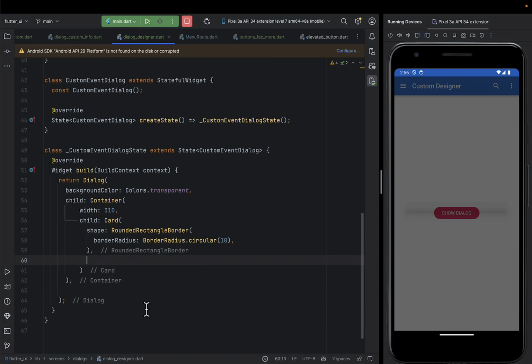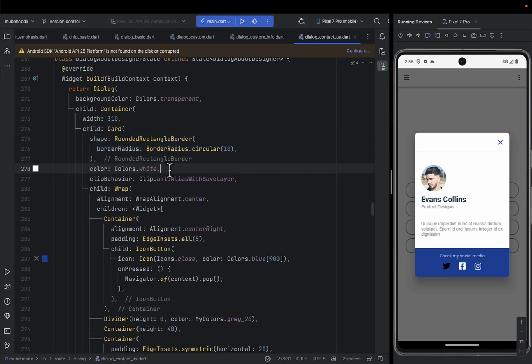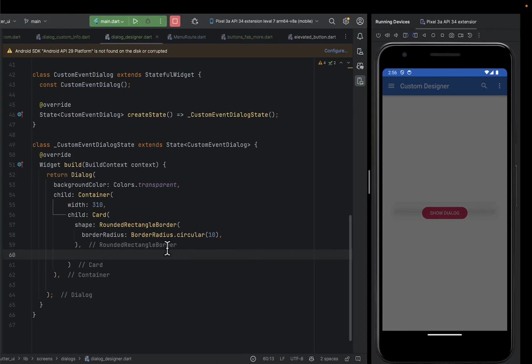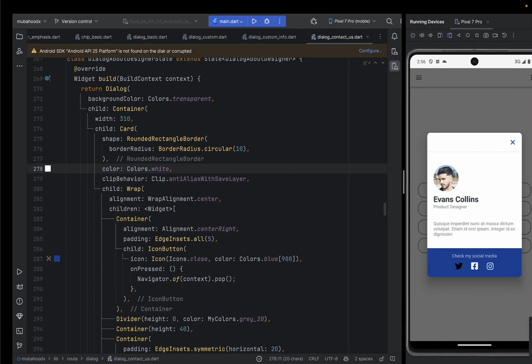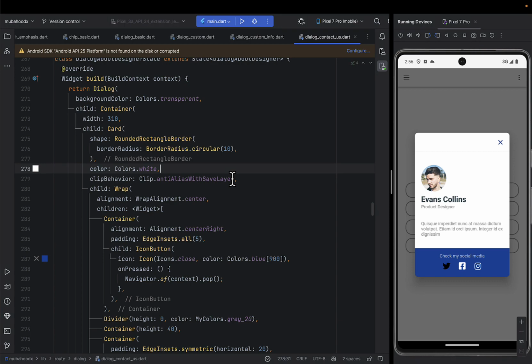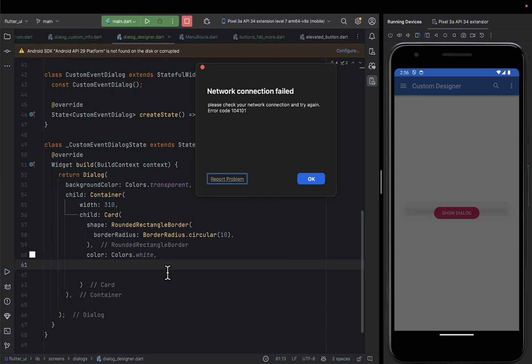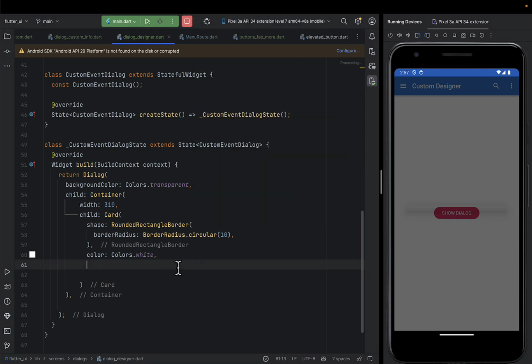Alright, but you can leave it, just an optional thing. Give the background color of the card to be white. Okay, so you can make it white. Alright, so after making it white, give the clip behavior to be this one. Okay, so after giving it a clip behavior to be that one that you can see there, the next thing that we're going to do,